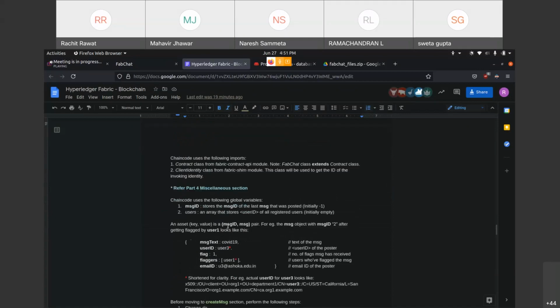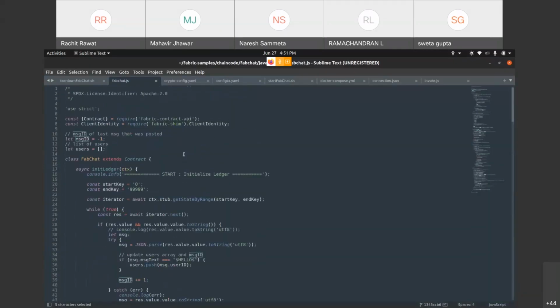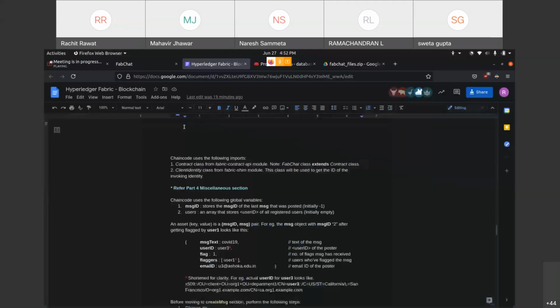Okay, so first thing first, the imports. We're importing the Contract class from the Fabric contract API, and we are importing the ClientIdentity class from the Fabric shim. The FabChat class will extend the Contract class.